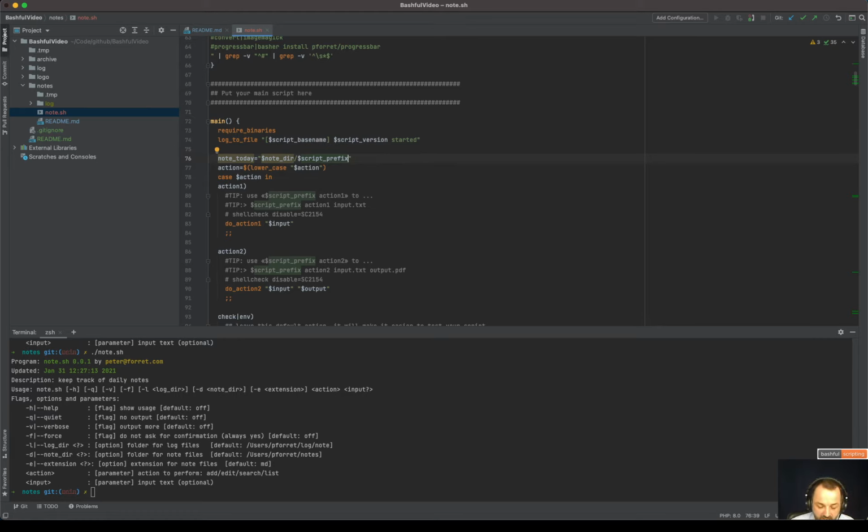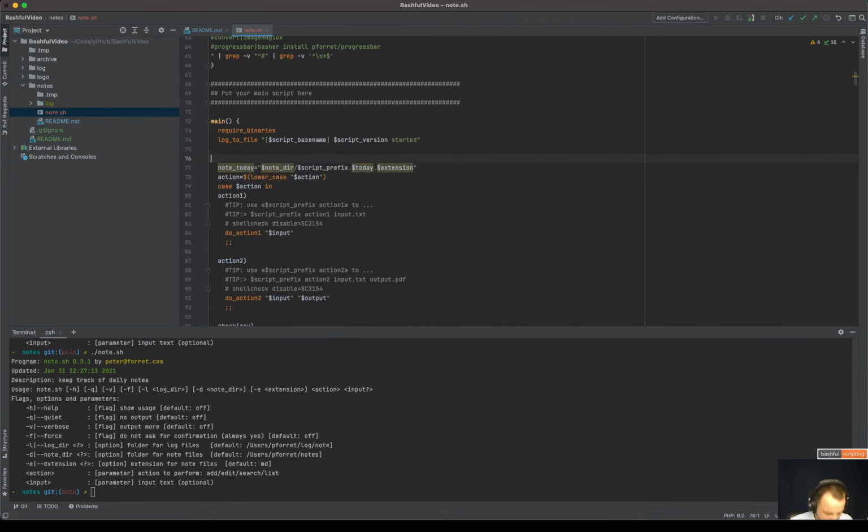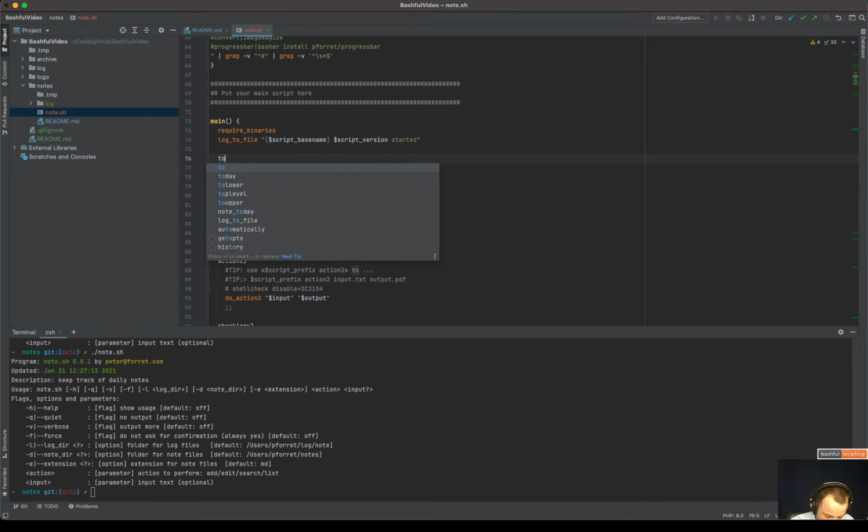So it's basically the name of the script, note.shell, but without the .shell if there is one. So it's basically this time, in this moment, it's note dot today, and we will define today higher, and then dot extension. Okay, that seems like a good function, but now we need to define today, and we will define it by